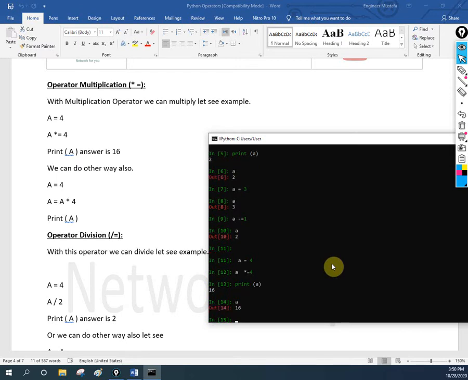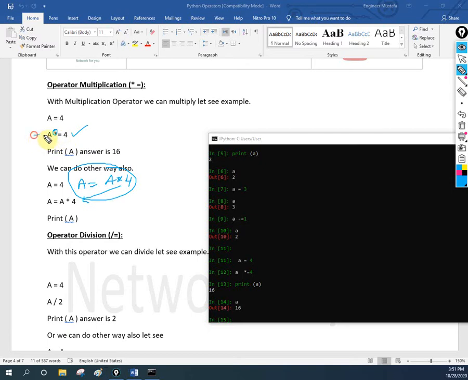You will get this in the Python shell, but when you are using Visual Studio Code, we will not get it like this. So we need to use the print function for that purpose. Okay, in another way, as I told you, we have two ways to do this. Instead of doing star here, we can directly write a = a * 4. This way or this way, both are the same. So you can follow any one method.